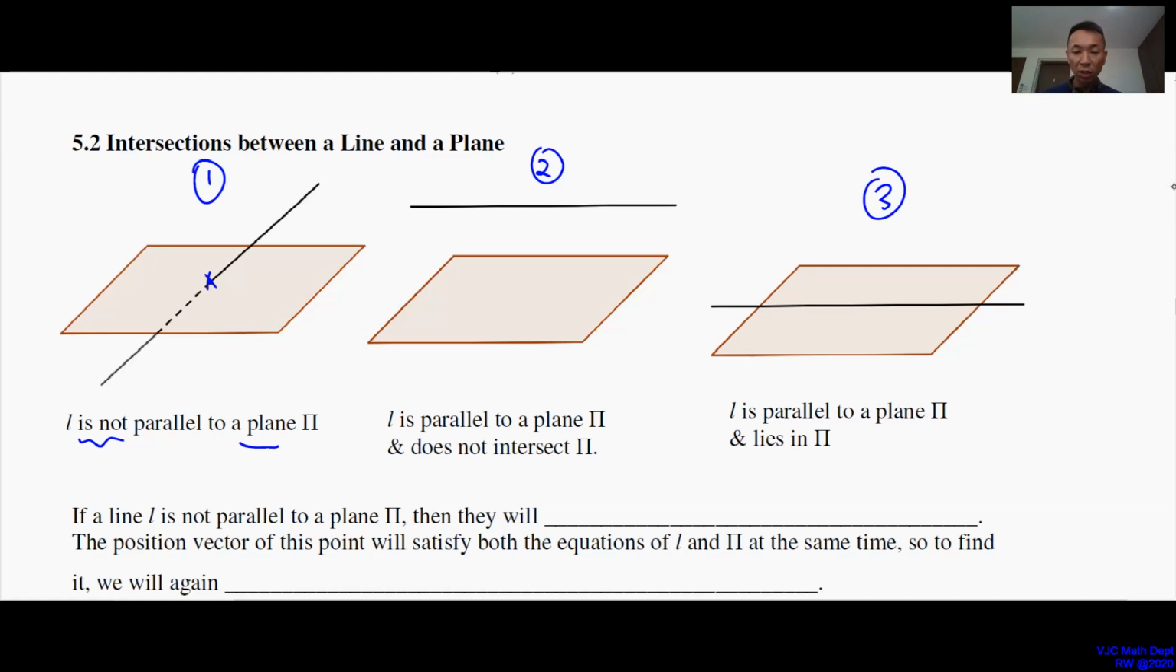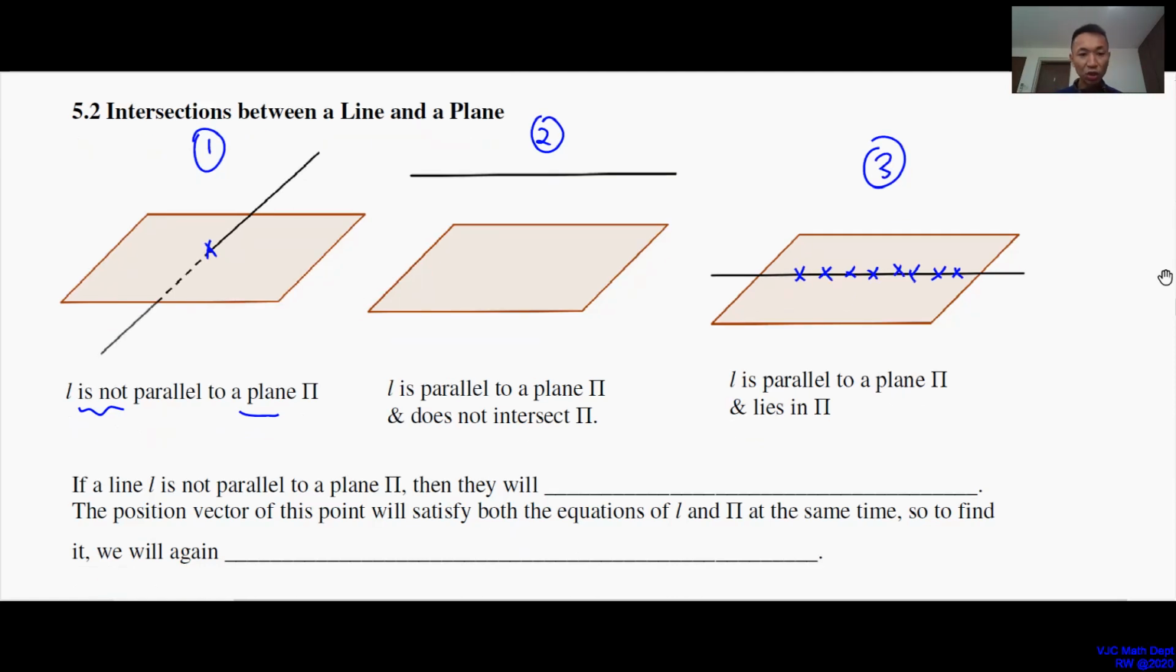So every single point on the line lies in the plane. Right? Every single point on the line lies in the plane. So there are only three cases if you have a line and a plane, how they interact. So if a line is not parallel to the plane, we're talking about the first case here, they will